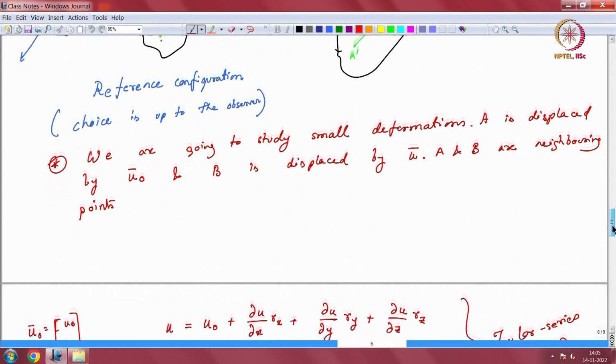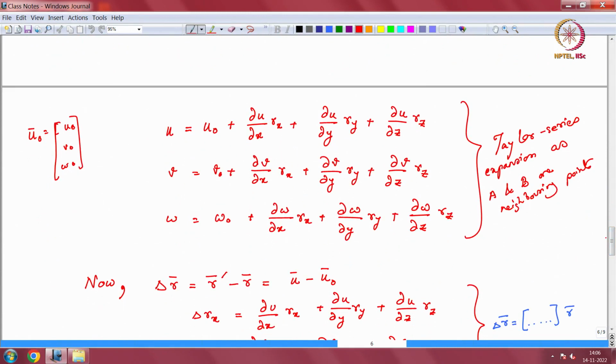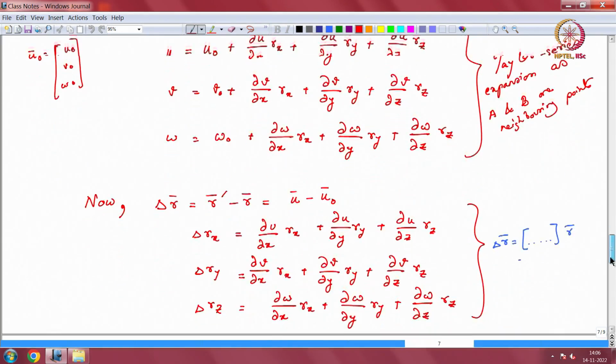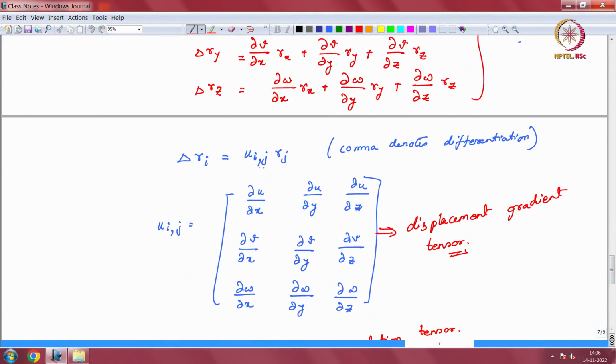And then we had done a little bit of mathematics assuming small deformation. We had used the Taylor series approximation for neighboring points, and we had seen that what we end up getting is a tensor which controls the transformation between two vectors here, rj, and this is the ri. This is written in now tensorial notation, so you have to be careful with that, and this comma here